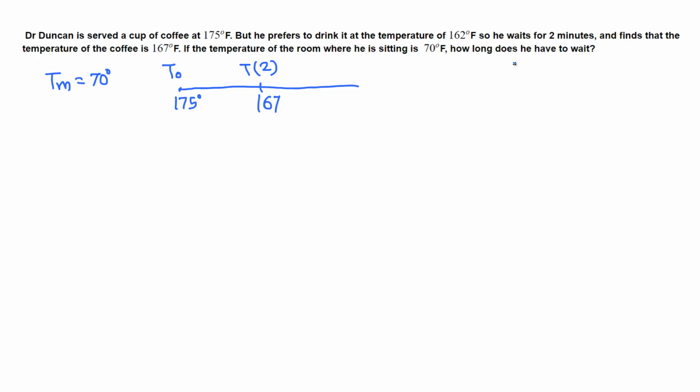How long does he have to wait? He wants to have the temperature of 162. So how long does he have to wait? What is the time when the temperature is 162? So we want to find the time. Based on the previous two temperatures, because the coffee was served at 175 and after 2 minutes the temperature was 167, from these two temperatures we can find the rate at which the coffee is cooling. We want to find the constant k, and we know that from the